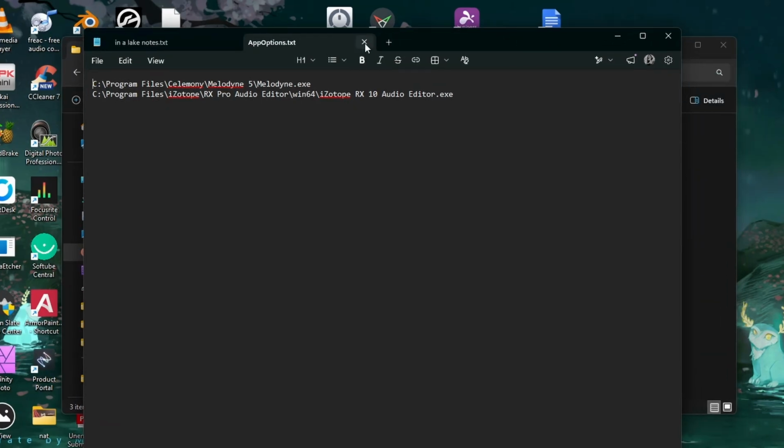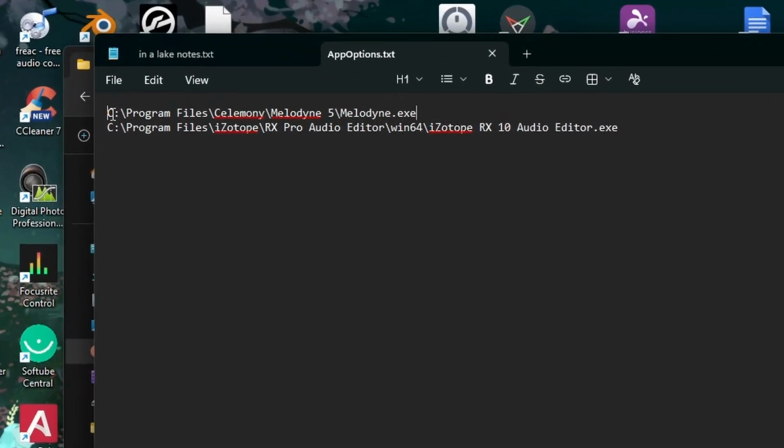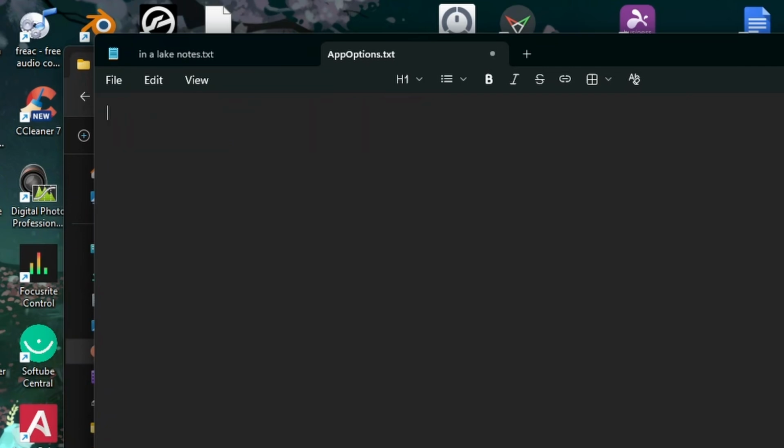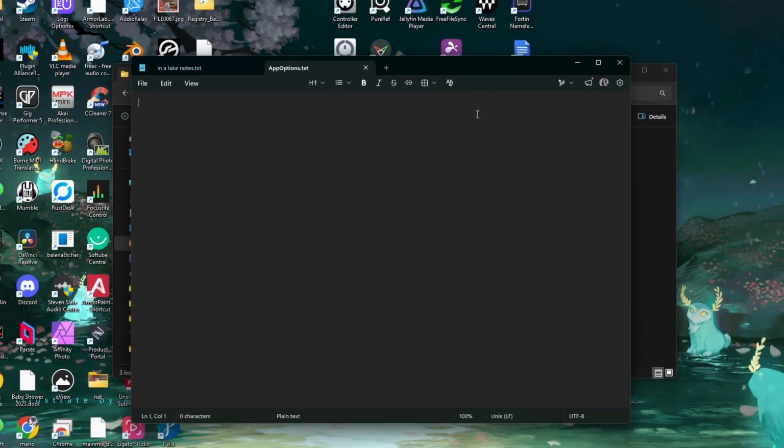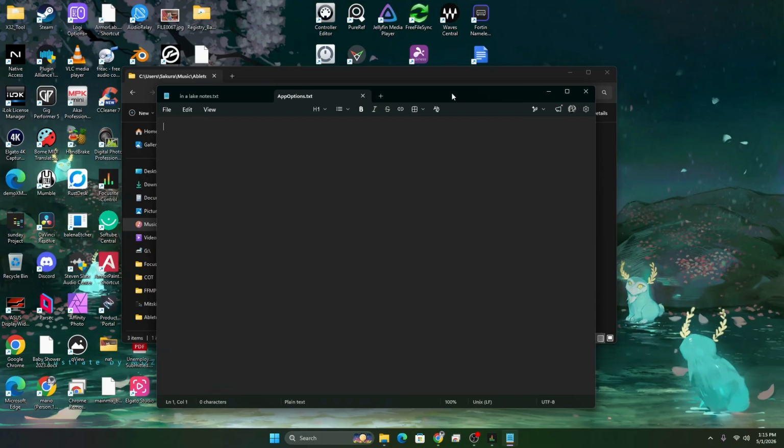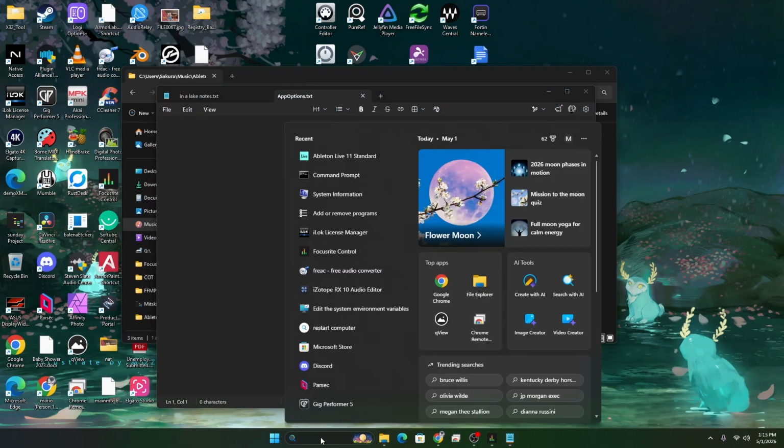All right, and you can see two examples already here. So this is what it's going to look like whenever you add software. So in order to show you how to do this, let me just delete these out of here. Those are just examples, but we're going to add them manually together so you know how to do this. So again, this is adding as many external audio editors as you want. So I'm going to go down here to the search bar, and the first one I want to use is